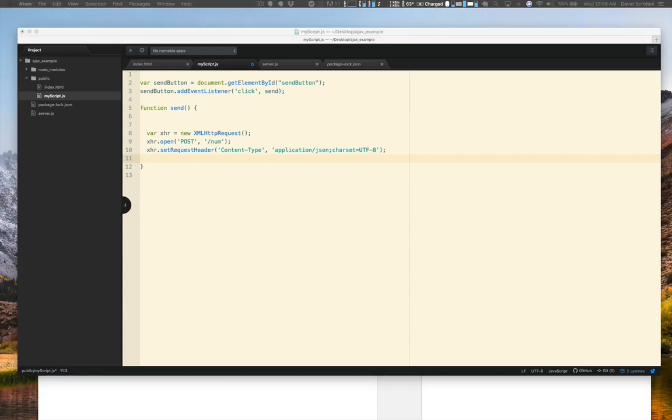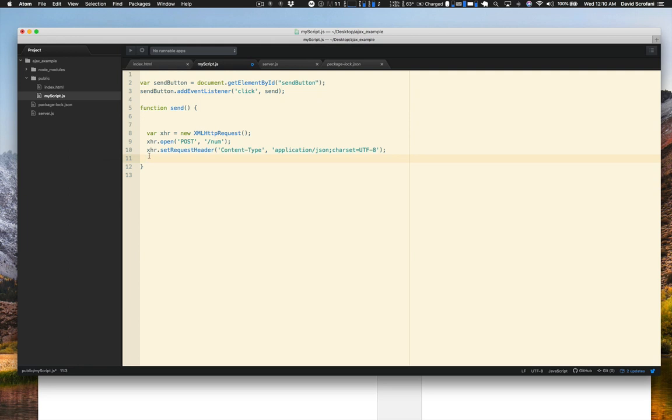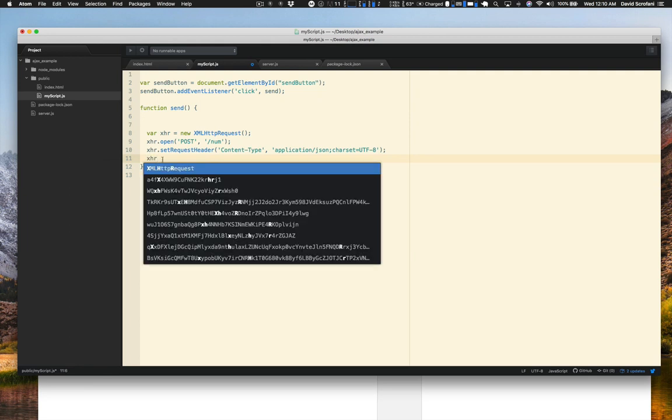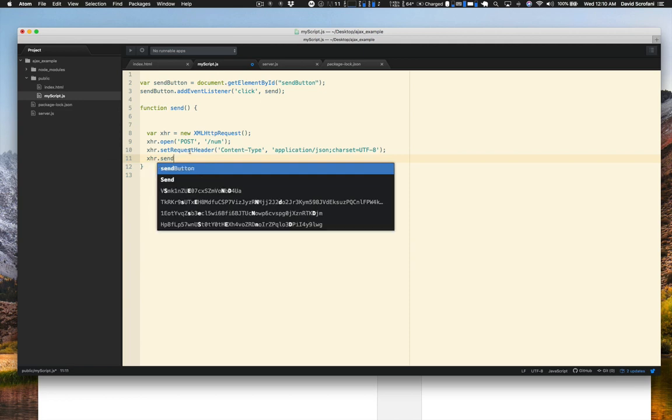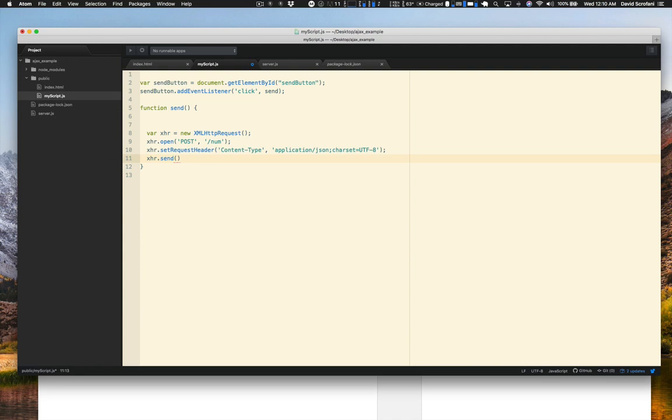All right. Now, the last piece of the request here, though, is somewhat confusing to people. So I'm just going to type xhr.send, and then I'm going to kind of puzzle over, well, what? Like, what do I send? Do I send hello? Right? What exactly do I do? Well, I specified I'm sending JSON, JavaScript Object Notation. So what that means is I have to send something like